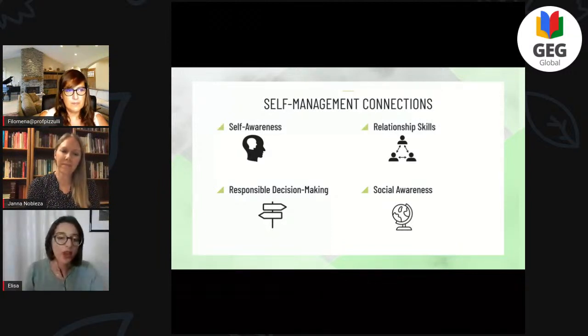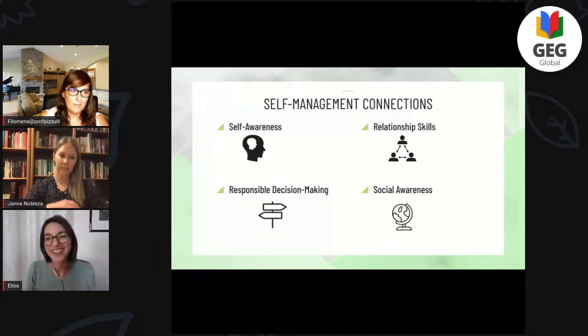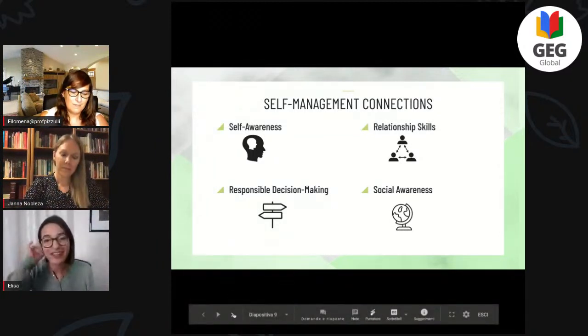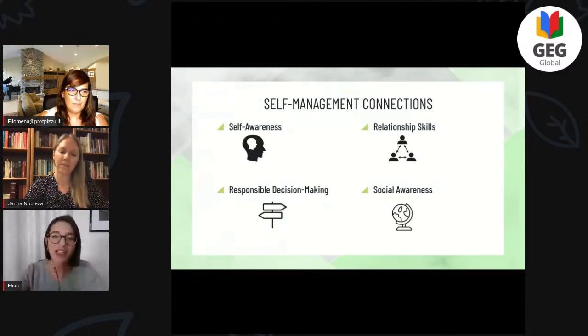Relationship skills, again, because one of the tools that you can often use when you have to overcome a situation is others. So let's think about a student. They might go and turn to someone, to a trusted adult, for help. So that is a tool that they know how to use if they have self-management, if they internalize that competency. And again, responsible decision making and social awareness, very similar to that and what we said with self-awareness. They all really, one cannot live without others. So they're all very important and they need to coexist.